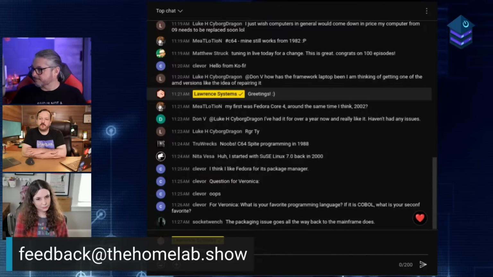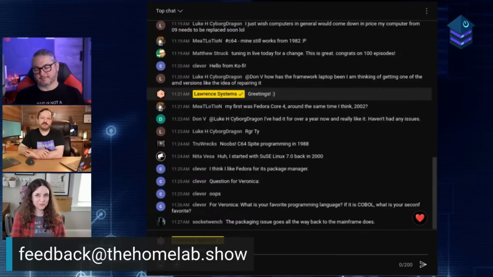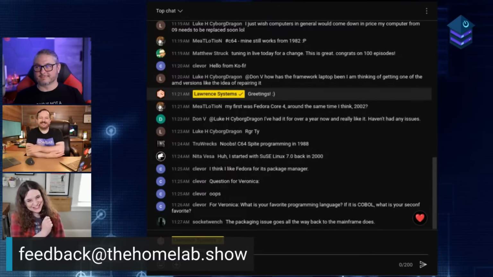I remember one time I was installing Debian on a ThinkPad that had no Ethernet port. It was Wi-Fi only. I'm pretty sure it was an X1 Carbon, if I remember correctly. It had an Ethernet dongle that it came with, but I didn't know where it was. I couldn't find it. So I'm installing Debian, and of course, it doesn't have a driver for the Wi-Fi card. And it's a net install, so what am I going to do? There's no way to get on the internet.